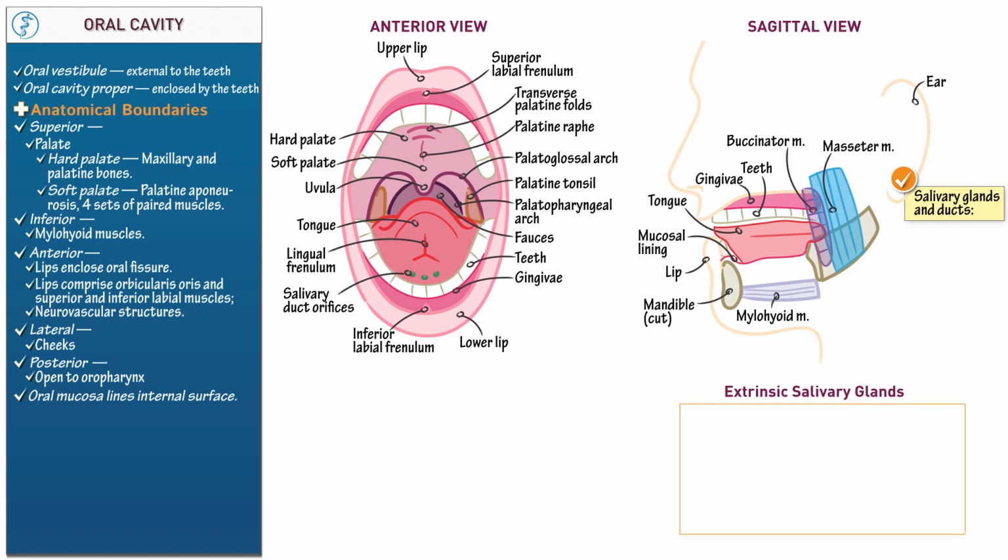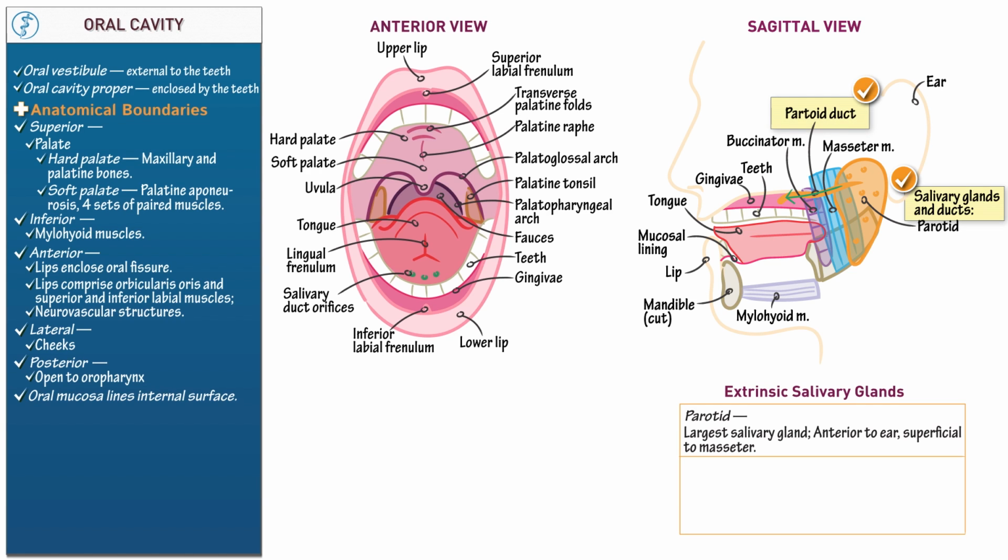Create a second small table. Show and write that the parotid gland is the largest and lies in the side of the face, anterior to the ear and superficial to the masseter. We draw it as grainy to emphasize its glandular tissues. Show that the parotid gland drains saliva into the mouth via the parotid duct. The parotid duct is easily visible during dissection, given its relatively large diameter and long length as it passes superficially